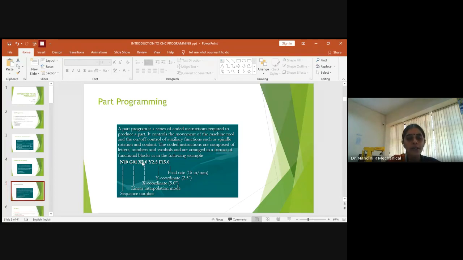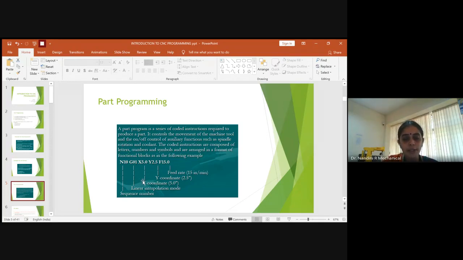So next, always it stands for X. So once you set the linear interpolation mode addressing to a particular sequence number, you should make the tool fixed to certain coordinate. So you have to give where the X coordinate is exactly, the Y coordinate is exactly, and finally the feed rate to the tool. So how the material has to be removed, how much is the material which has to be removed per minute. So this is how we use the format.